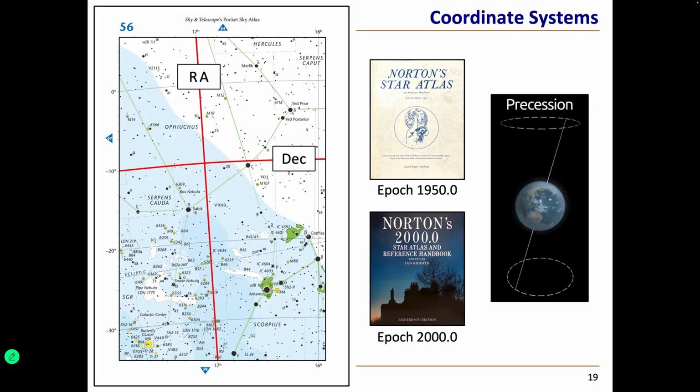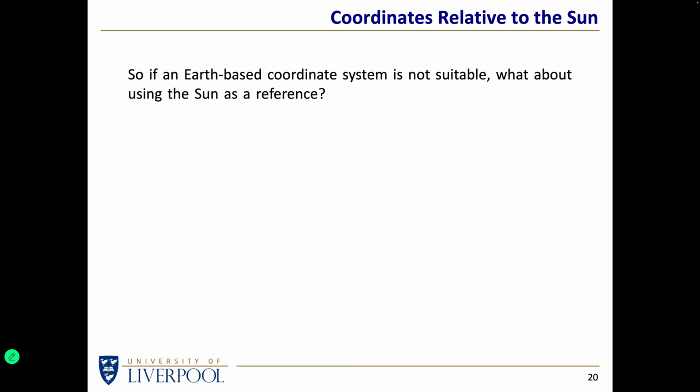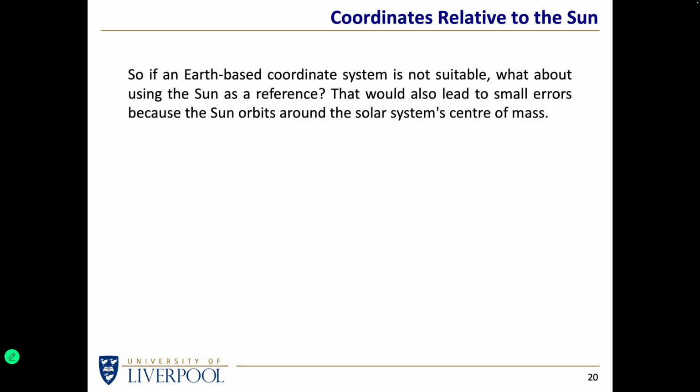So even if we knew precisely the right ascension and declination of a star, it would change a second or two later, only by a small amount, but it would continuously change. And therefore, any coordinate system based on what the Earth is doing is not what we would call a fixed coordinate system. So you might say, okay, if the Earth isn't good enough, let's go and think about the Sun as a reference. Let's take the Sun as a fixed point and then think about where the stars are relative to that. But even that would lead to a small error, because the Sun is not, technically speaking, the centre